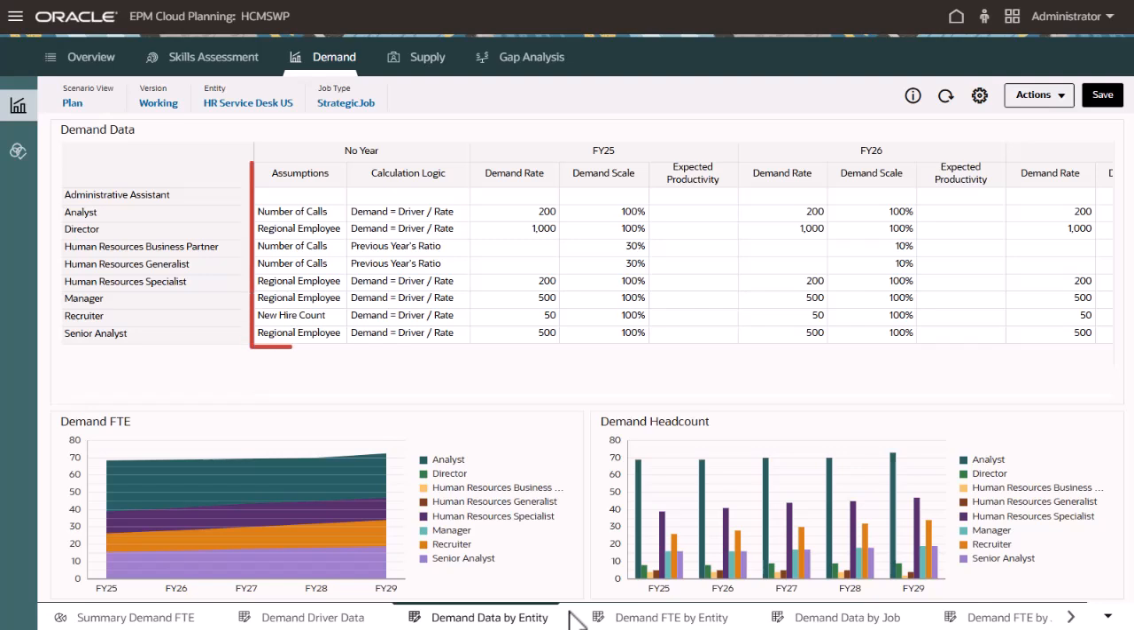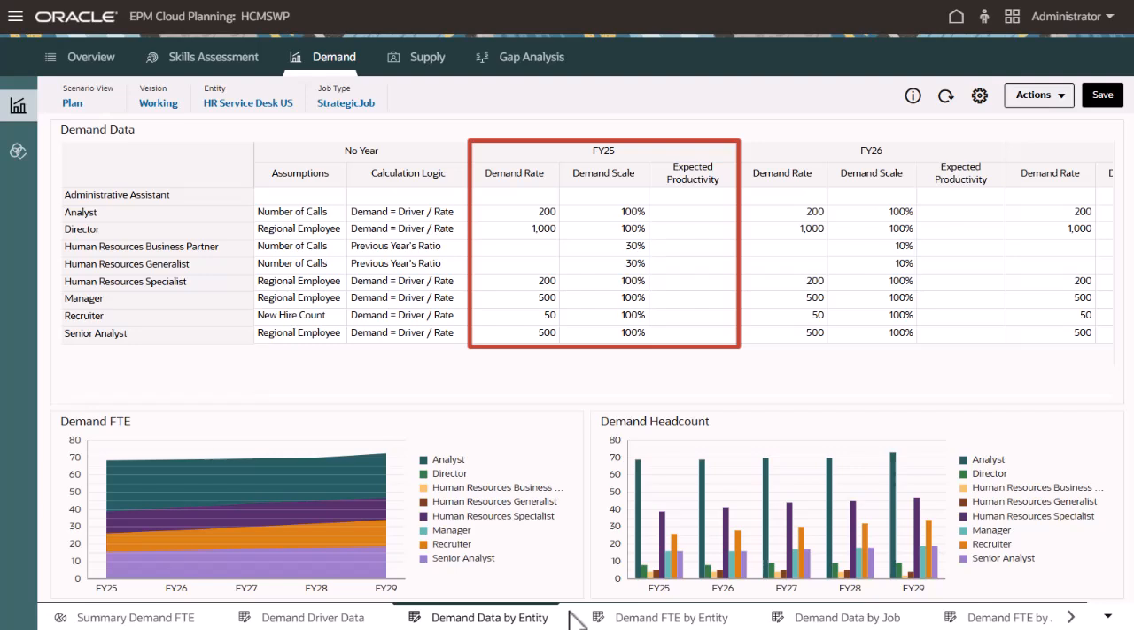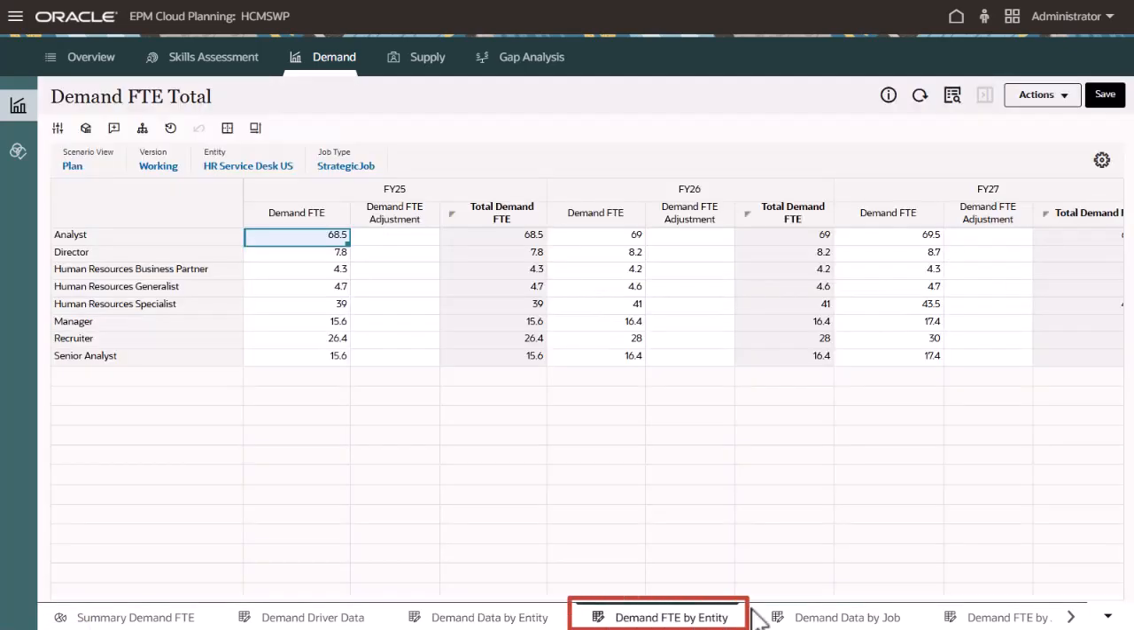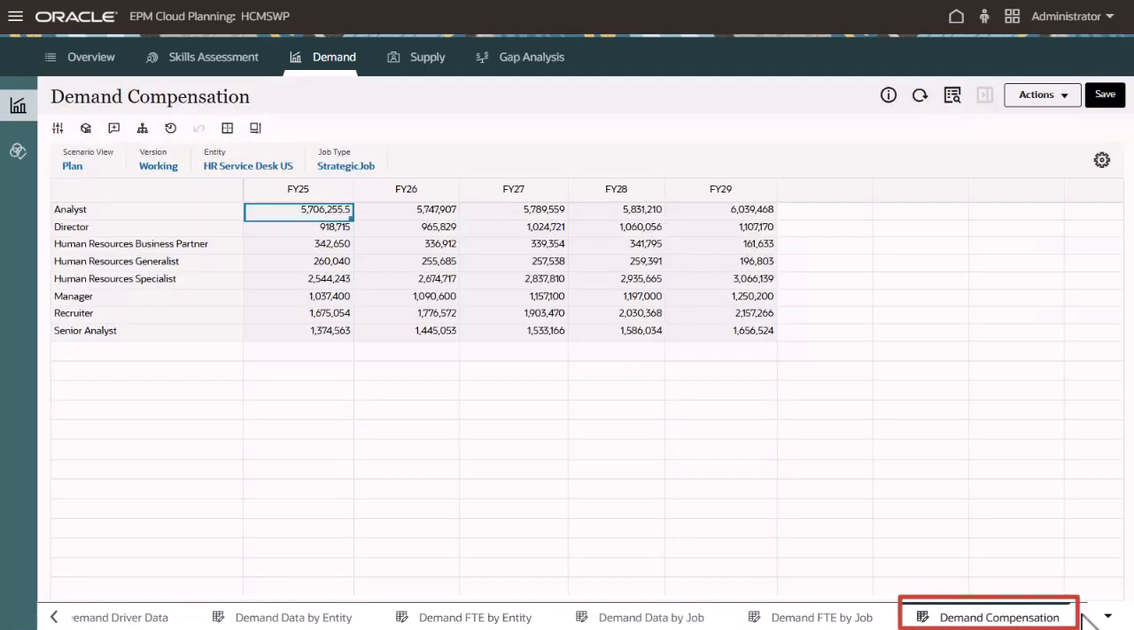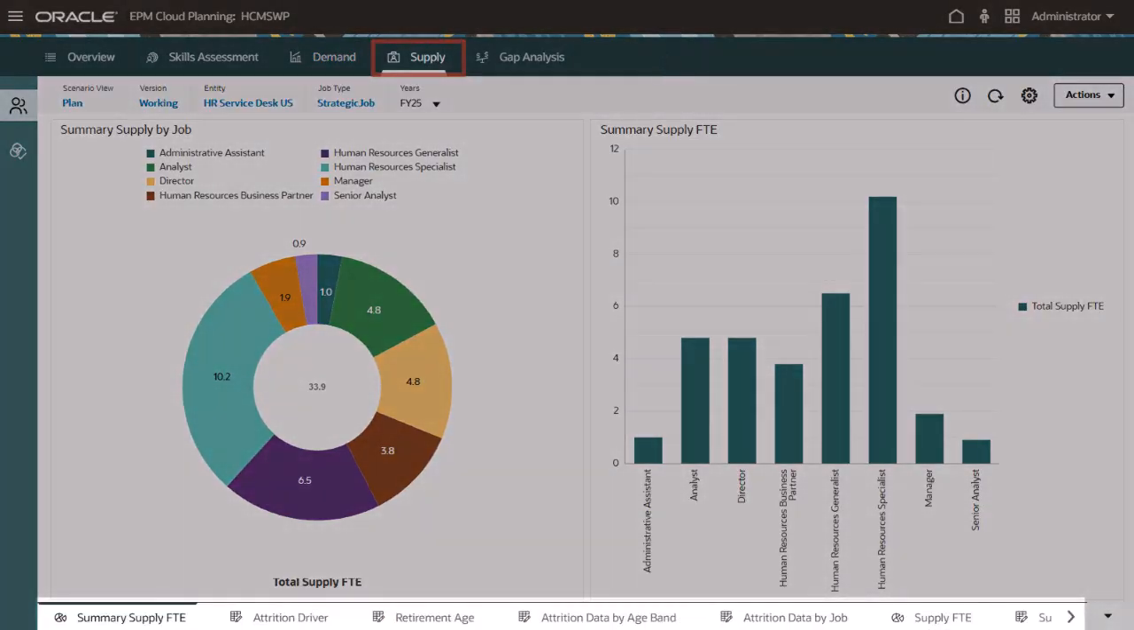You can further define drivers by setting assumptions, overriding calculations at the job level, and entering demand rate and productivity scaling to use what-if planning, given gains or losses in productivity. You can also adjust the calculated FTE by job or business unit and view the average job compensation based on your FTE calculations. Next, use supply planning to assess your current workforce, using drivers such as attrition by age band